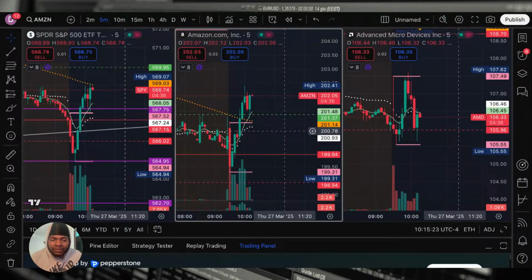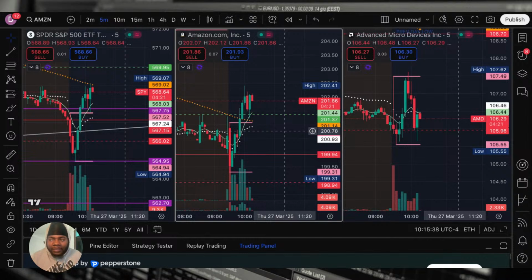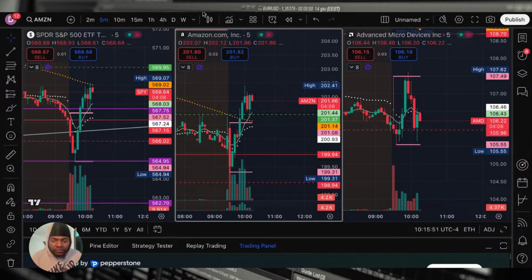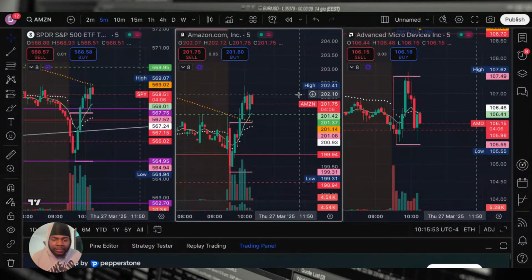Still watching. I want to see it break past the candle with some momentum. So I'll let you know when I take the entry. See, we're pulling back. I'll let it keep pulling back. You see what I'm saying? It never gave us the entry. You want to see it pass with some momentum and some volume behind it.